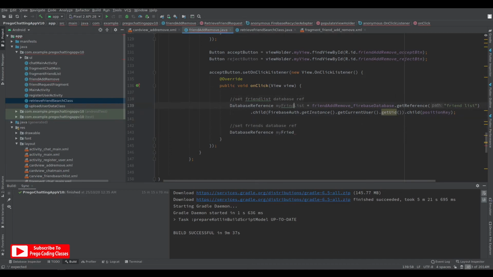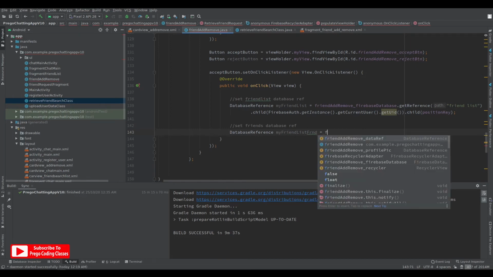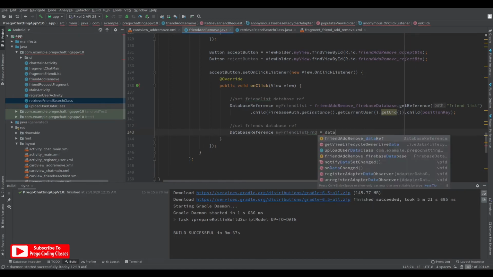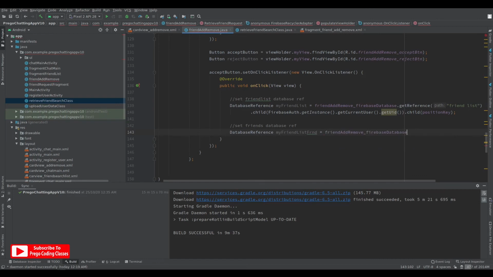Okay, FRIEND. Spelling mistakes over here are too many. Friend list friend equals, let's give it database dot get reference, and the reference should be of friend list only. So friend list,